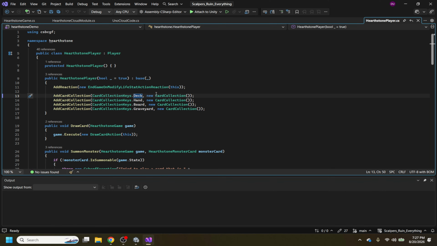Here, we have just one action they can do, and that is going to be an attack. And then there's an attack action here. The attack action is just going to take an attacker and a target